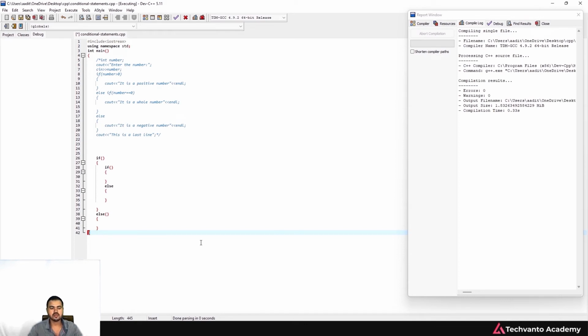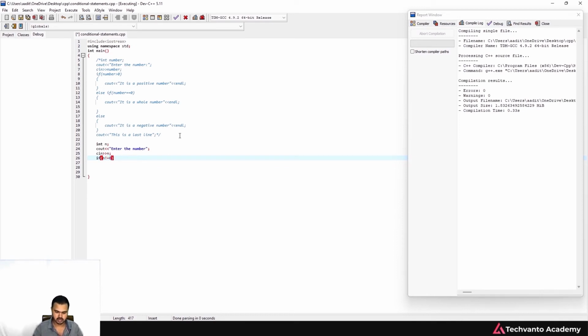Now we will look at how the nested if else statement works. We will do one program and then you can easily understand how the nested if else statement works. For that I am going to remove all these things. Yeah, we did the main function over there. Here we will read one more input from the user, which we can assign, and then ask the user to enter that number, and then cin reads that number. Now you can apply the condition if n not equals